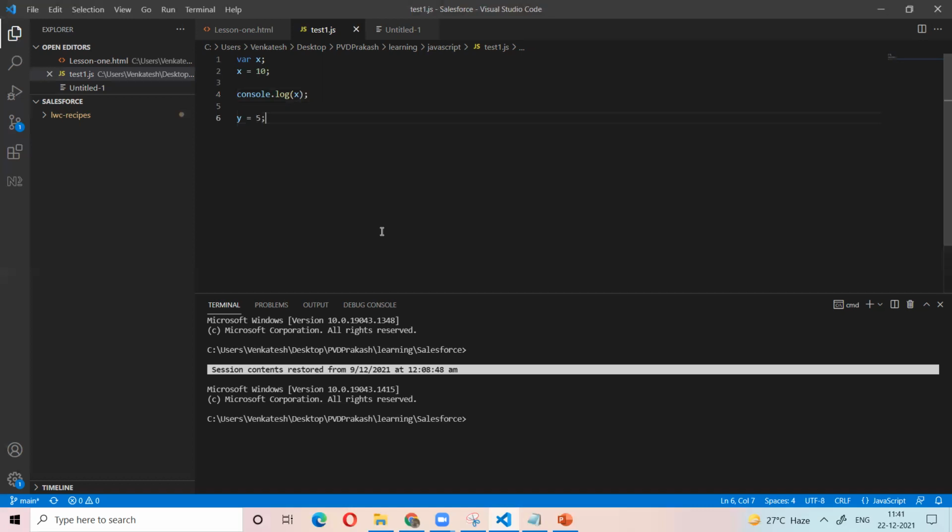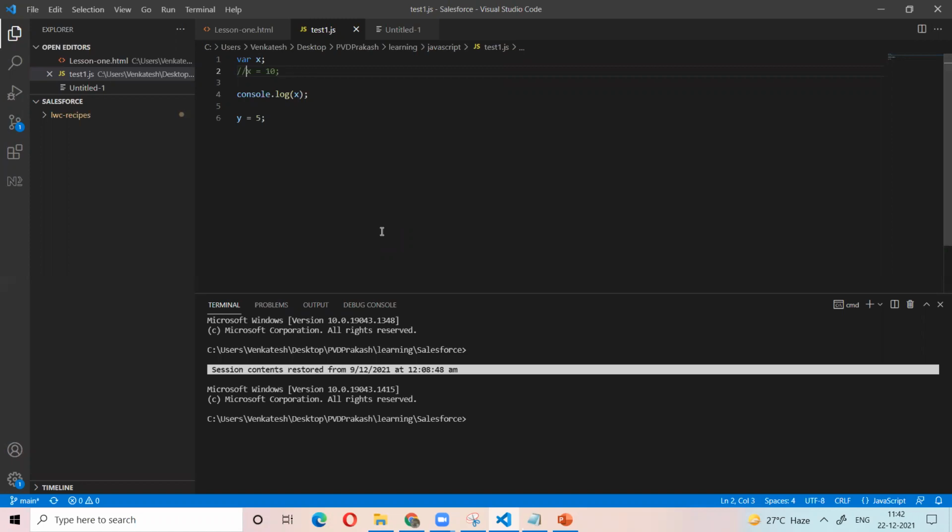I want to comment on the code. For example, if I want to comment line number 2, you need to use the double slash like this. If you want to comment only a single line, you write the double slash.